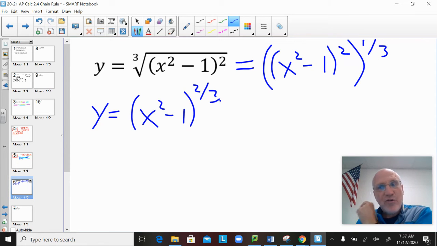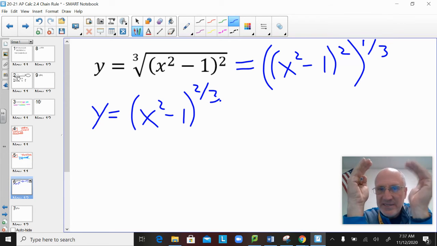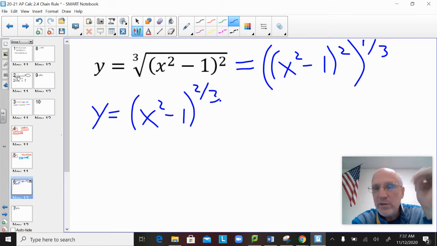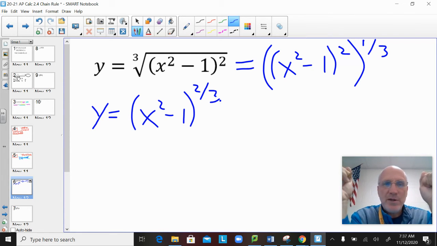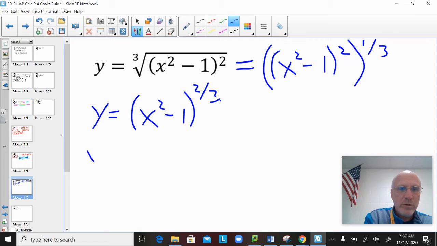I have not taken the derivative yet. I just rewrote this in a form that I can use. So now I have an inside function. It is x squared minus 1. I have an outside function, which is something to the 2/3 power. So you have to recognize that as a composite function. And I am going to take the derivative of that, the outside derivative. So the outside function is something to the 2/3 power. So my derivative is going to be 2/3